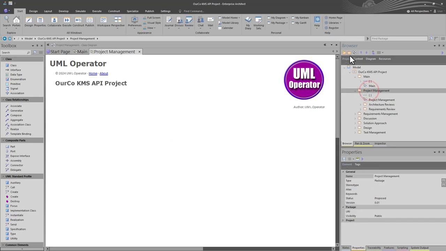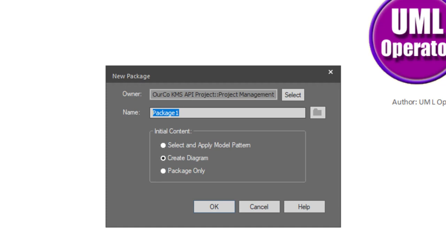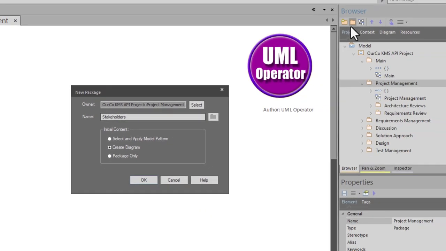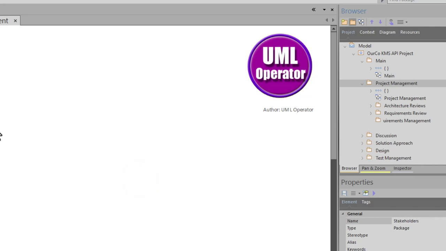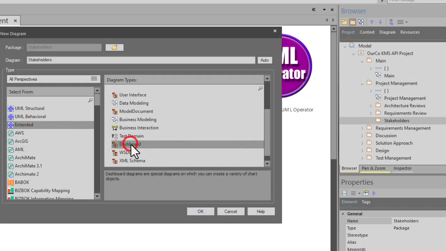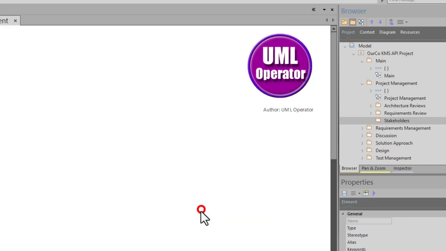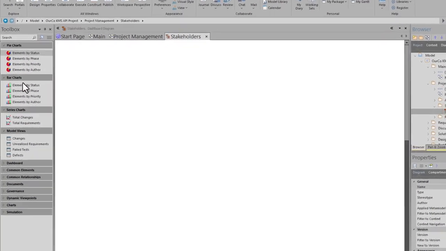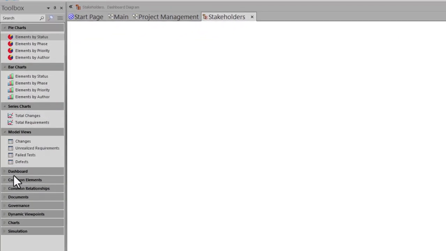They want to create a folder in here and we're just going to call it stakeholders, could call it project stakeholders, but they want to bring in a model view. So create diagram. And in this case, we're going to use extended dashboard diagram type, hit OK. We're going to open it and we have our toolbox where we have various elements that we can use for